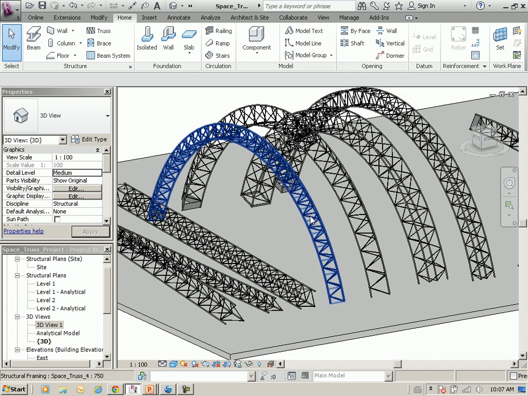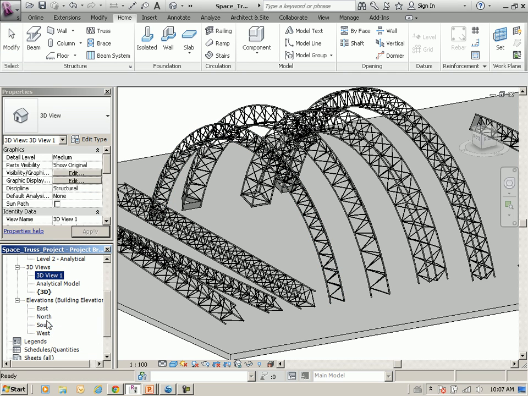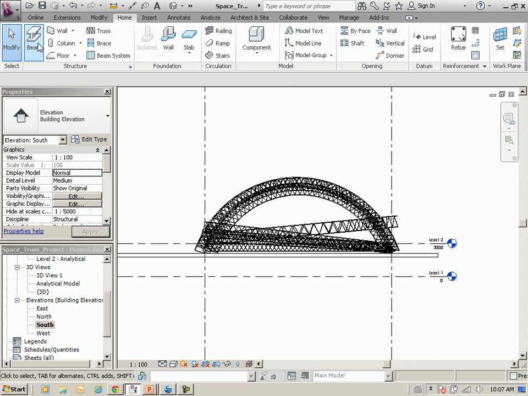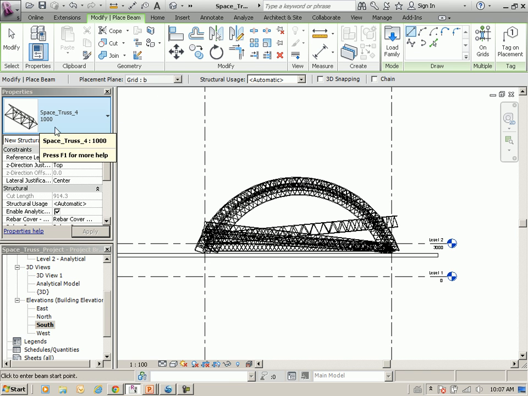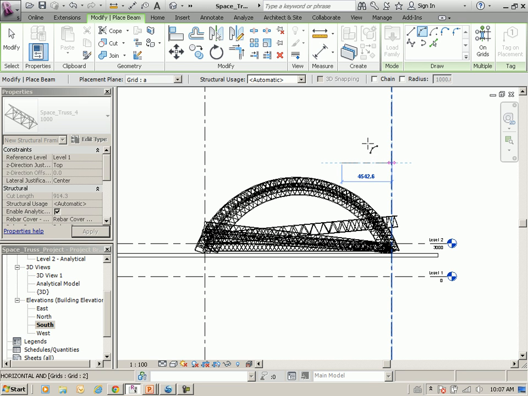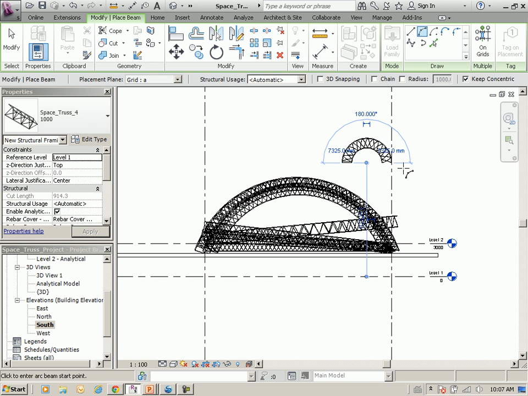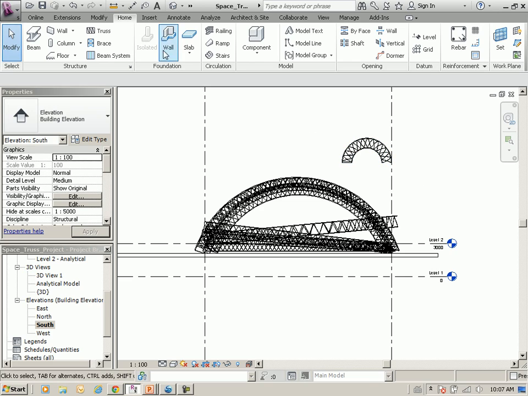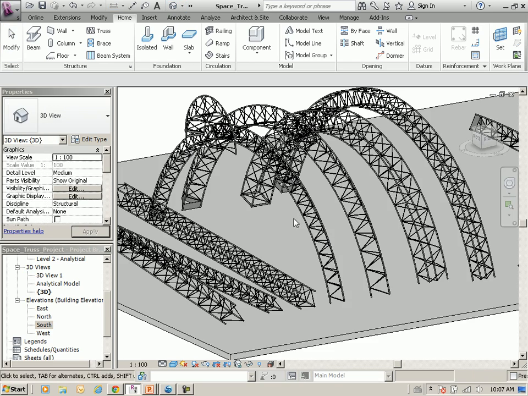But with these, you might not know that if you go to an elevation view and activate the beam command, and I'm going to use this triangle space truss and put this on grid A, I could draw any shape, including a spline. I could just say from there to there to there, and it will take a little bit more computing power to get this to happen because it's doing quite a complex calculation here. So now if I just flip back over to 3D again,